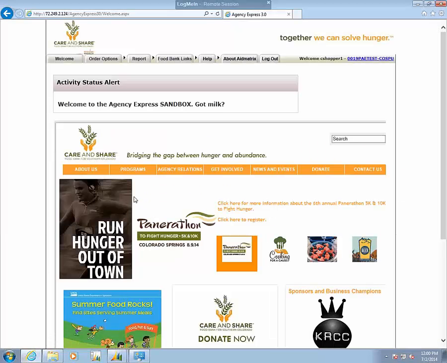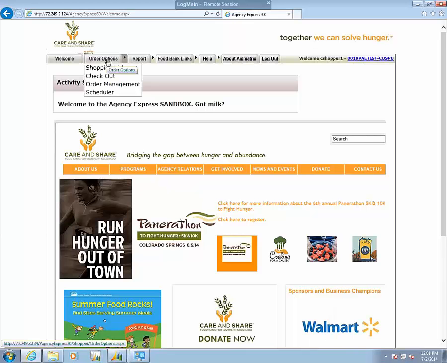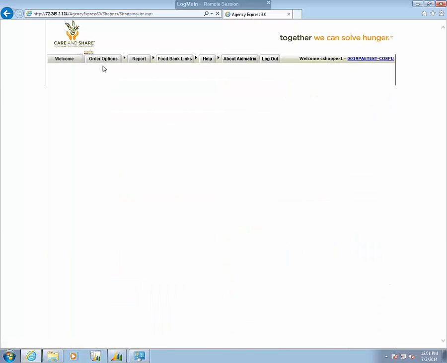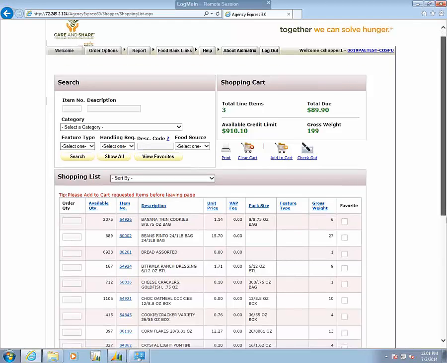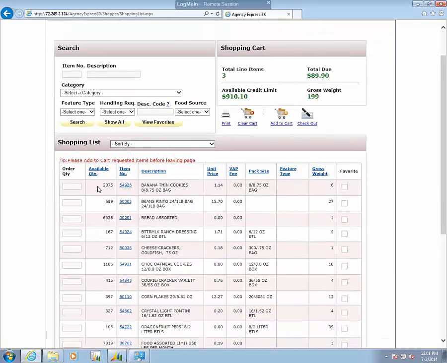This particular agency is active, so we can go here and we can look at the shopping list, and we should be able to submit an order. So we can go in and we can see the items. And what I was talking about before as what the item master sends is it sends the available quantity based on the agency group associated with this agency, the location that they're in, and what available quantity there is for that location, and whether or not the agency is qualified for the item, which is part of their agency group. So if they're not qualified for the item, then the item is not going to show up in this list at all. And if they are qualified, then it's going to show whatever quantity is on hand and available,